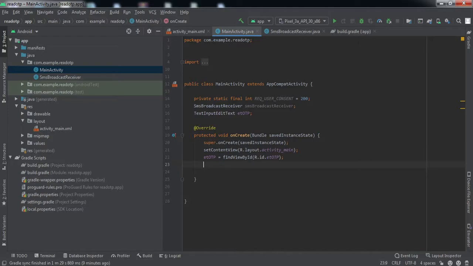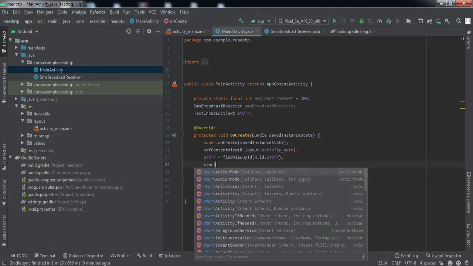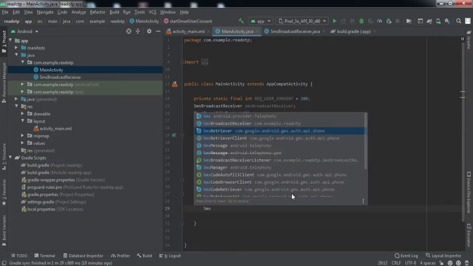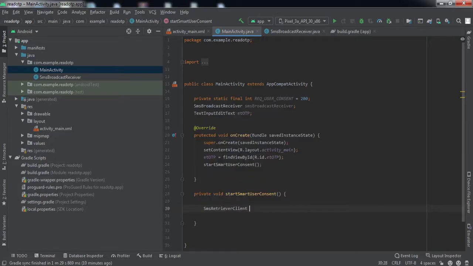So now we're gonna call start smart user consent. We're gonna call this method, don't worry about it, we'll create it in a while. Let's create this method. So we'll create an object of SMS retriever client.